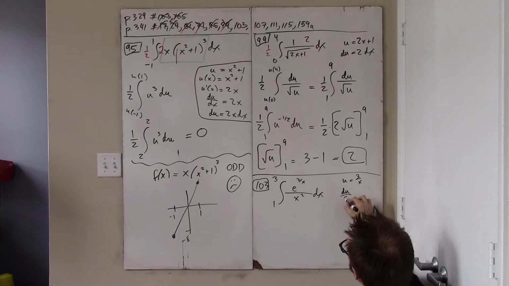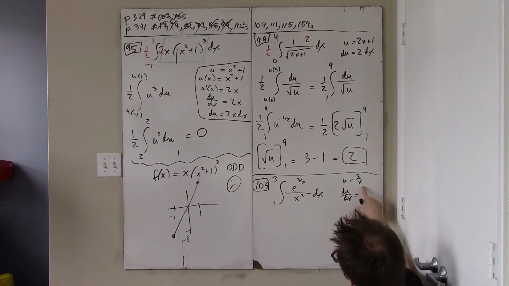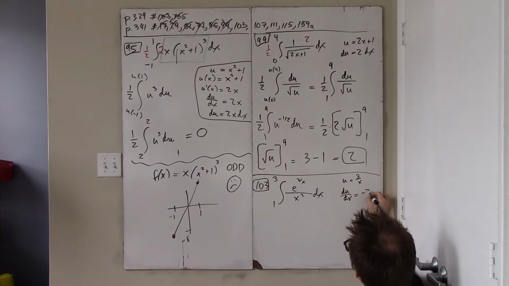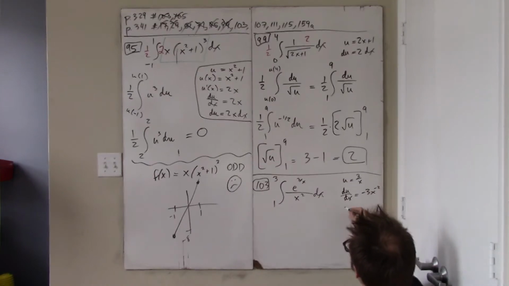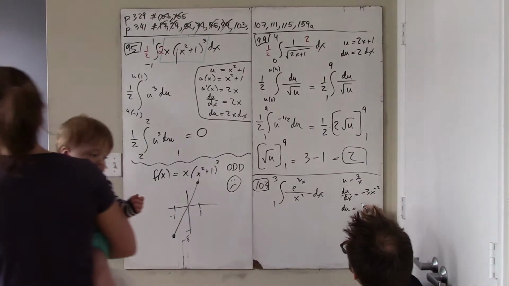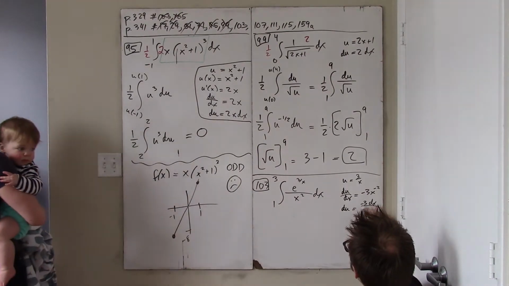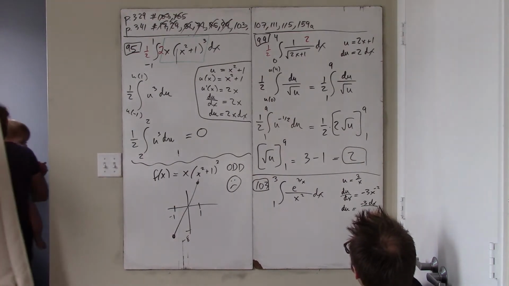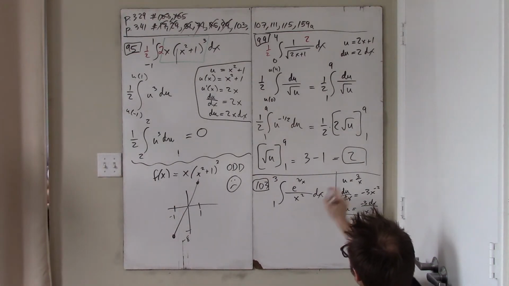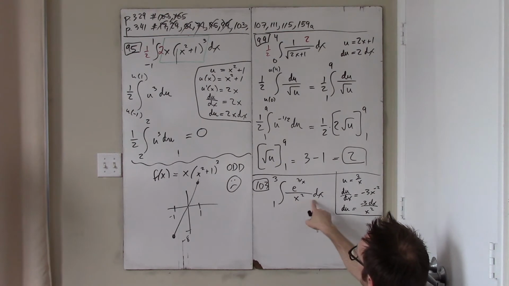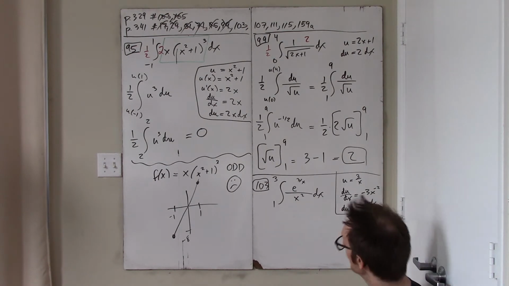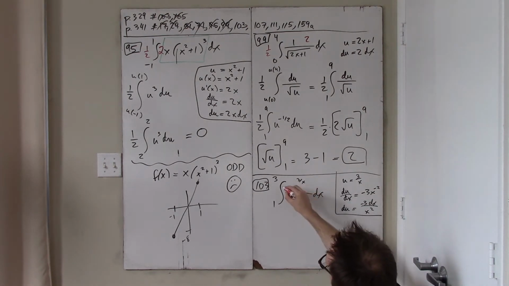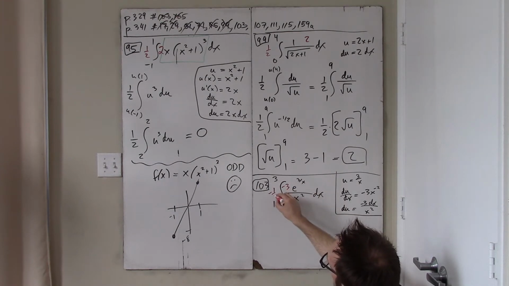What is du dx? That's 3x to the negative 1, so it's negative 3x to the negative 2, and so what I really have is that du is negative 3 dx over x squared. That's nice because I just have x squared just sitting down there. Only thing missing is a negative 3, so I stick in a negative 3 and undo the damage with a